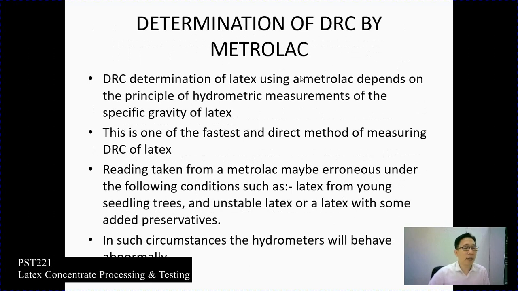Okay, enough for that spot method. Very simple, very straightforward. And then this one is Metrolac. Okay, Metrolac might probably be a new method for you to measure the DRC. Why does the DRC have